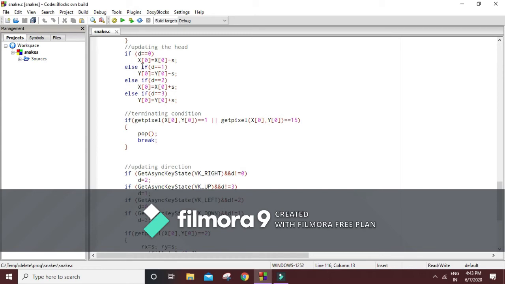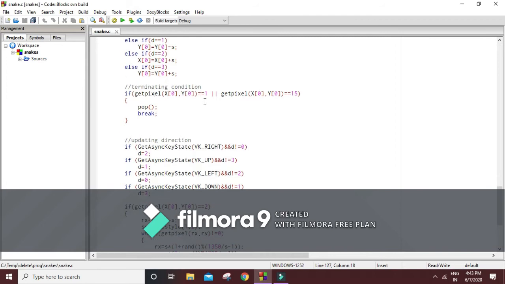The d value is used to store the instantaneous direction of the snake, as will be seen earlier in this part of the code. So the terminating condition is if the snake bites itself, that is get pixel x of 0, y of 0, which is the mouth of the snake, is equal to 1. 1 is the color code of the snake that we have, or if the snake hits the wall, and 15 is the color code for the wall.